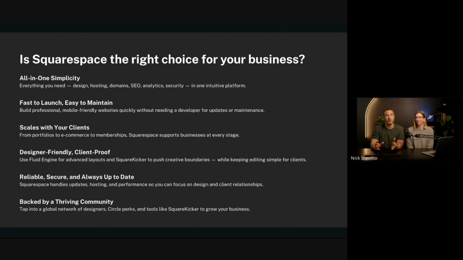Circle is what they call Squarespace's designer community. If you're not a part of Circle, definitely go check it out. There's a forum, there's a community there. There's this thing called Circle Day coming up later in the year in September, where new products get announced. People are sharing information, and it's a really cool way of getting connected. I've been a part of a handful of online communities, and Circle is by far the most authentic and best online community I think I've ever been a part of.